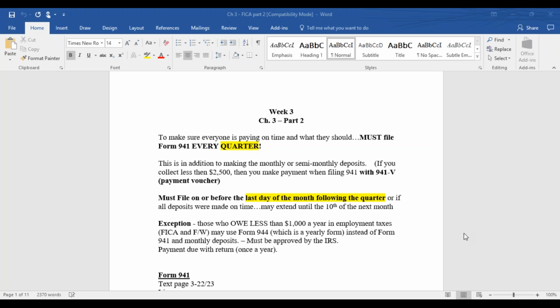Here in week 3 for payroll class, we are going to primarily look at two different things. We're going to look at the form 941 and how to complete it by using an example that's going to be a very detailed example. And then the second part of this week 3, and I'll have a new lecture for that, will be over